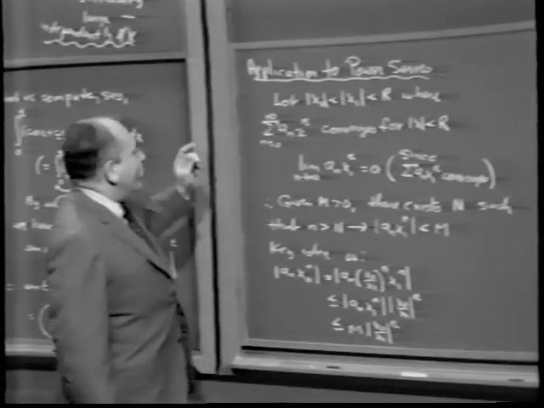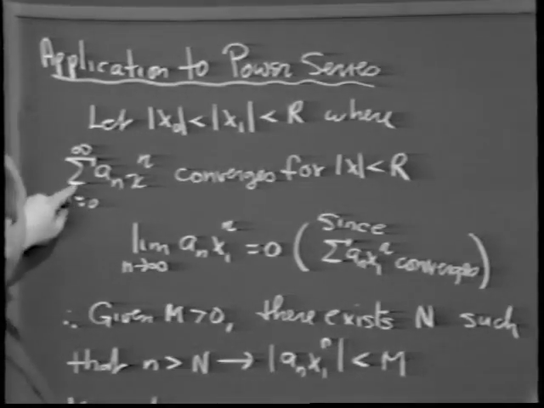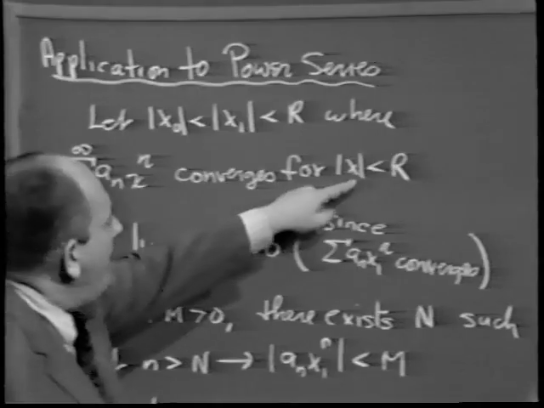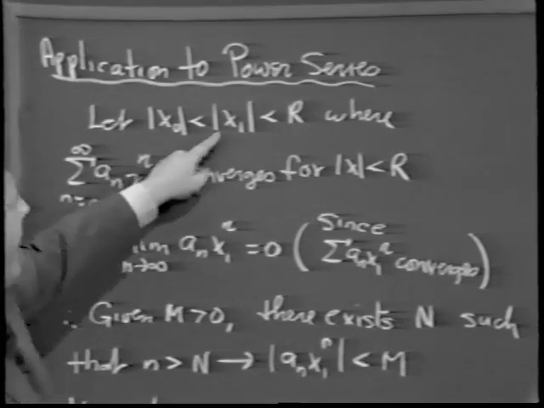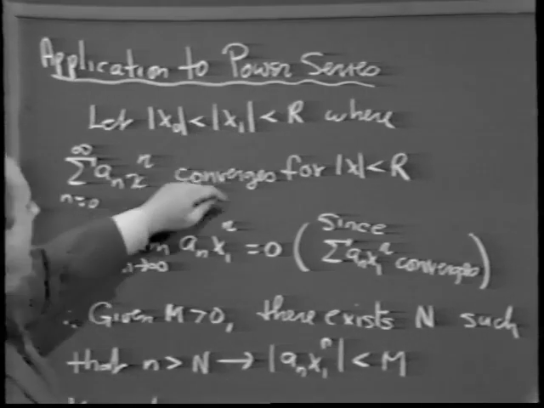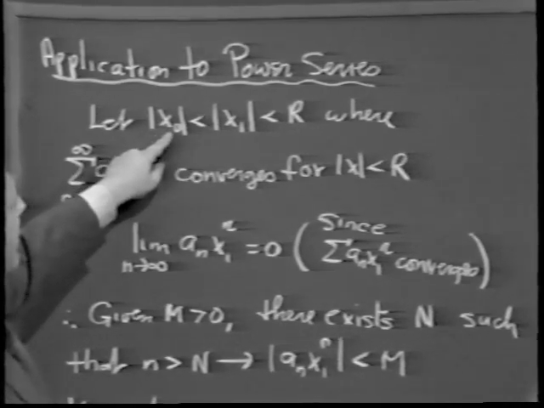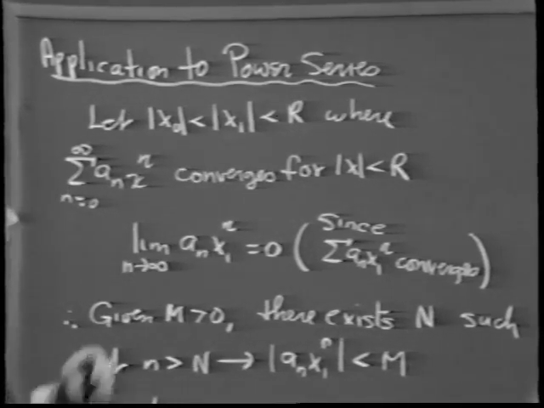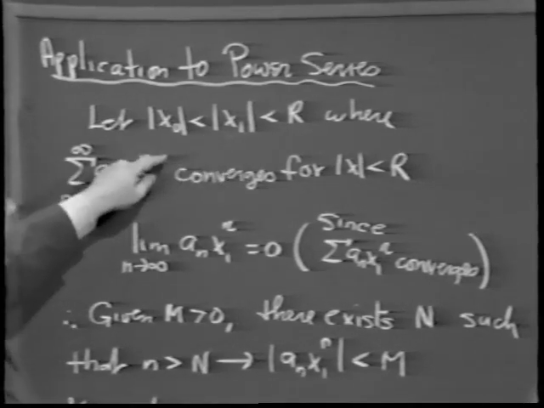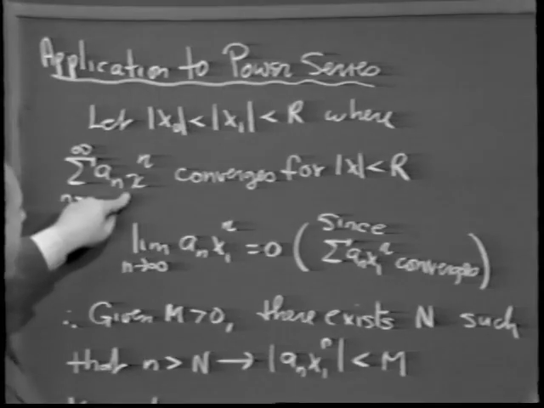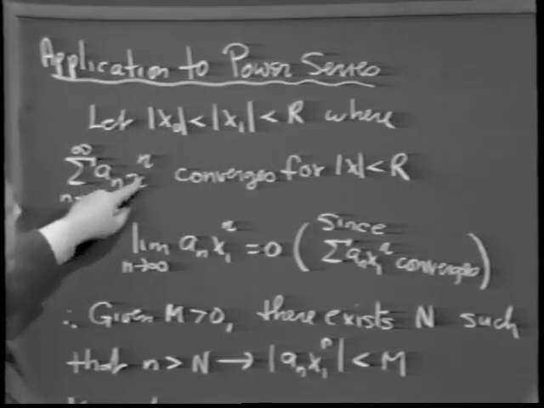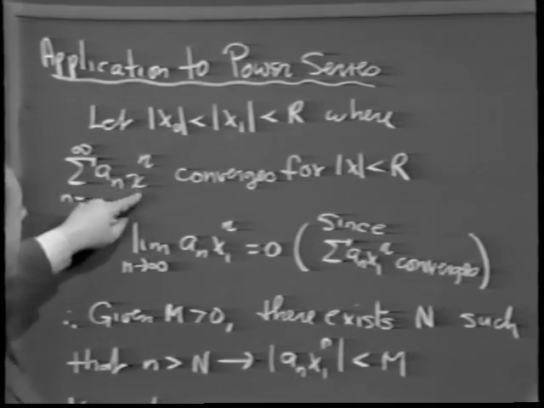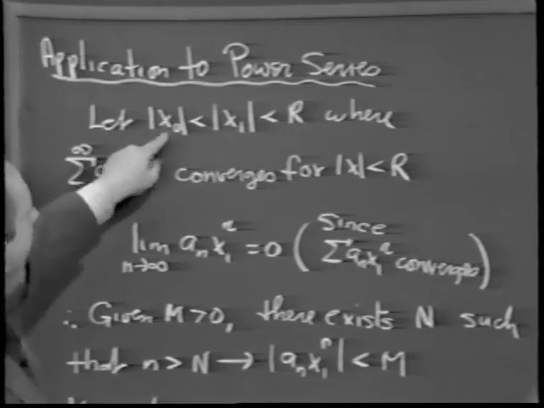Okay? Let's suppose that a power series, summation a_n x to the n as n goes from 0 to infinity, converges for the absolute value of x less than R. And let me pick a couple of values, x sub 0 and x sub 1, such that x sub 0 in magnitude is less than x sub 1 in magnitude, which in turn is less than R. To give you a hint as to what I'm driving at, I'm going to try to prove that this series converges uniformly within R, and I'm going to try to prove it by setting up the Weierstrass M test, and I'm going to have to compare this with a positive convergent series,